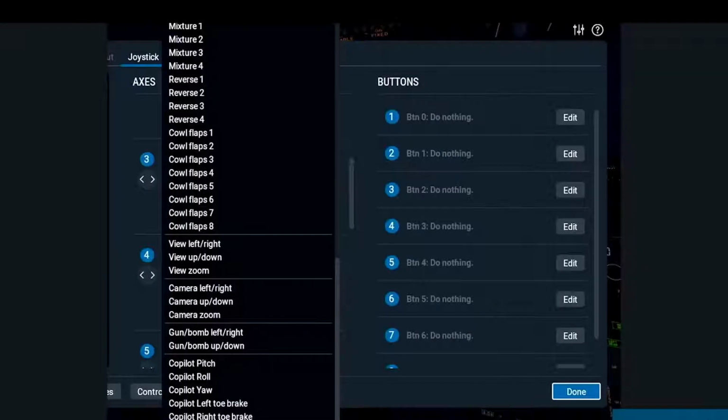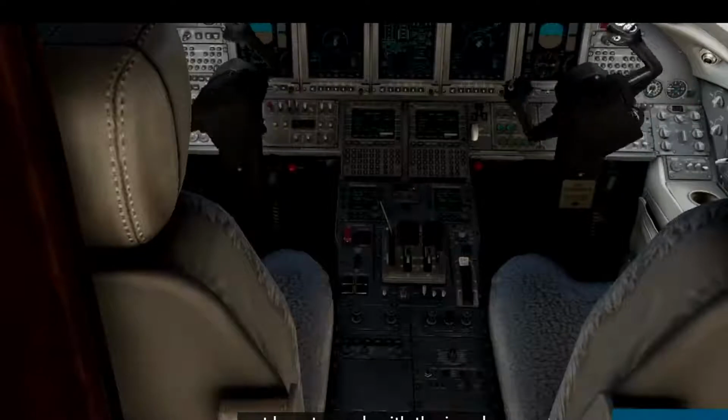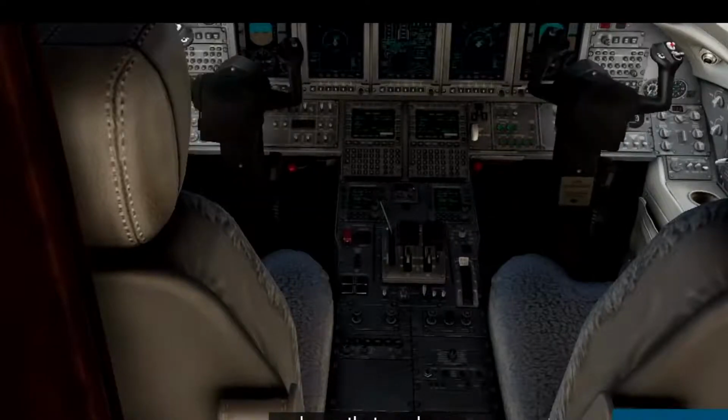Dual control. It is now possible in X-Plane to have a proper pilot-co-pilot dual control setup. So you can build yourself a cockpit with 2 sets of yokes, 2 sets of pedals, connect them all to the same computer and tell X-Plane, these are the controls for the pilot, these are the controls for the co-pilot, and X-Plane will figure out how to work with the dual inputs. And now that you have independent control inputs for the pilot side and the co-pilot side, you can